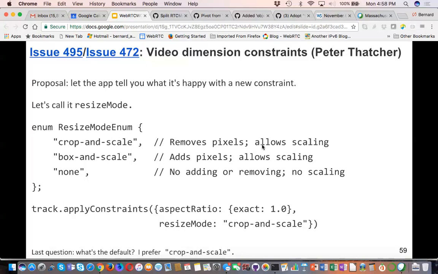You're saying this solves two problems, aspect ratio and width. Yes. And if I understand correctly, I would expect crop and rescale in Firefox to downscale today. I would expect none to downscale.